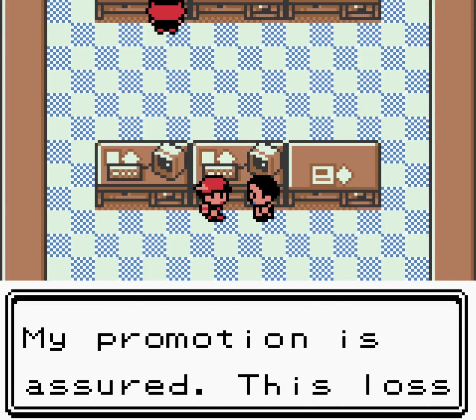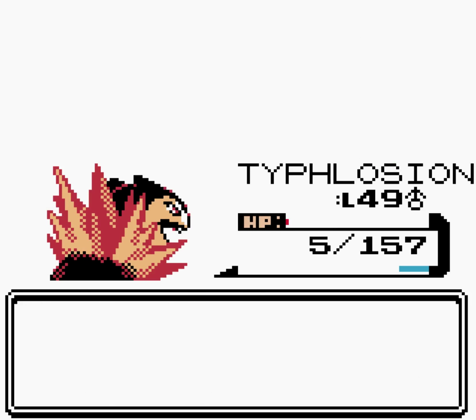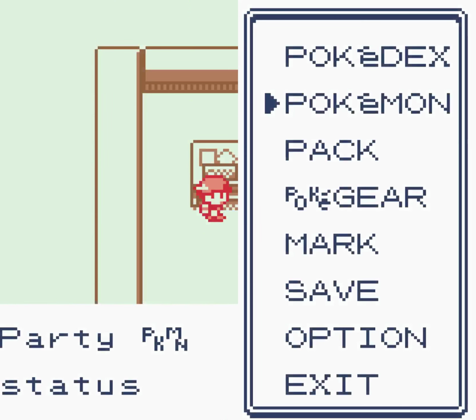Flamethrower should take out this Gloom in 1 hit, and indeed does. We will just Flamethrower this Arbok to see how much it does. We were carrying a Poison Cure Berry, that is like the luckiest thing. And we can then take out her Weeping Bell as well. She has a team of 4 Poison types. So as you can see, we are 36, 49, 42, 44, 49, 43, so...